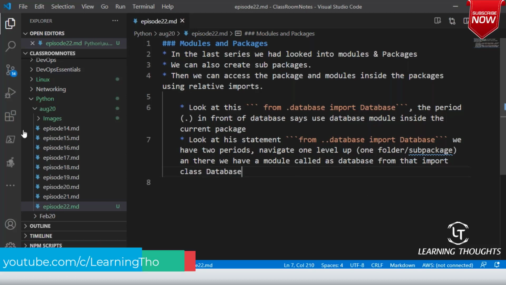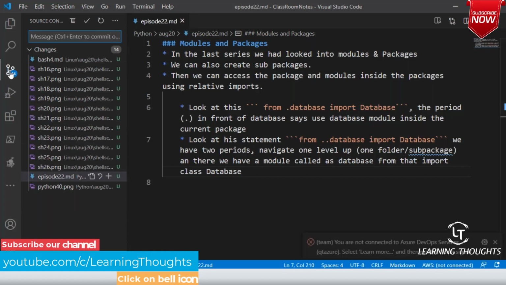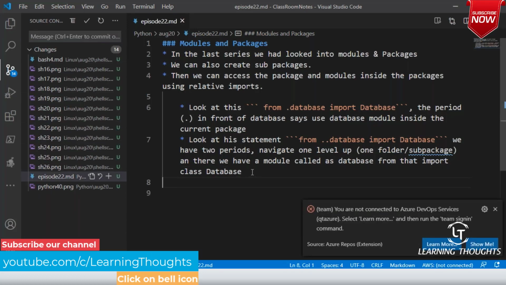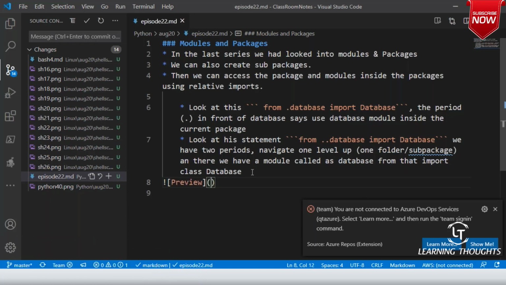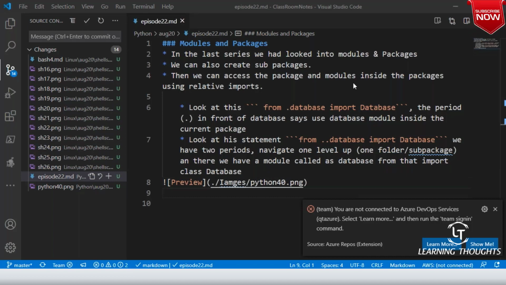Now I think you can justify the statements which I have written in the image. So review ./images/python pod. Good, sir. Now, is relative import possible between different packages?